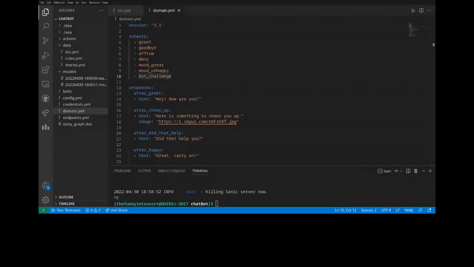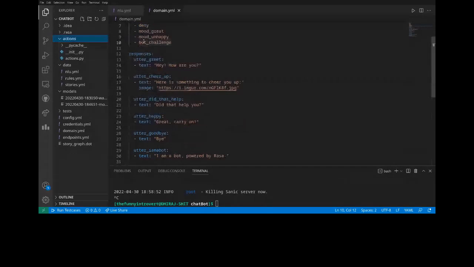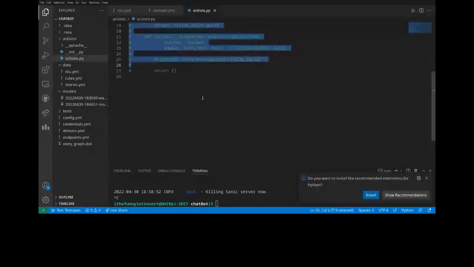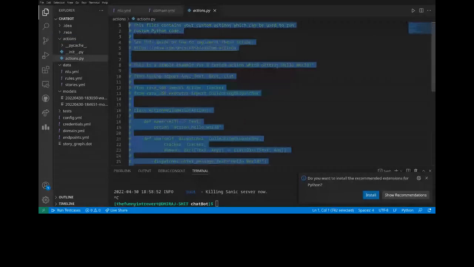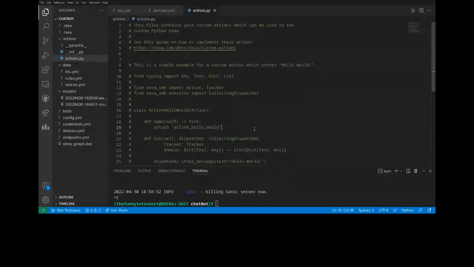Okay, before we move ahead, let's talk about the actions because जैसे मैंने already बोला, we will basically ask, basically a user will ask, okay, give me a meme, and हमारा bot उसको एक meme template देगा. Now, obviously वो meme template जो दे रहा है, for that we need that action to happen somewhere, right? Because ये API call है और ना ही we are not giving some static text. So for that, Rasa provides us custom actions जो हाँ यहाँ पे हम कुछ भी कर सकते हैं, and you can see everything is pretty much commented out right now. So yes, this is a simple action which we will talk in a minute.